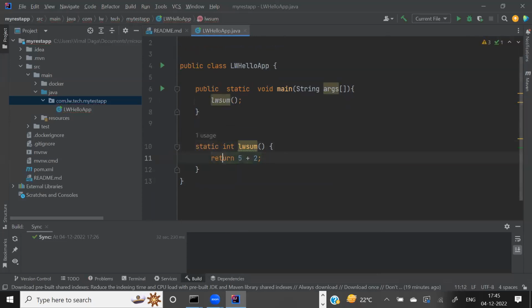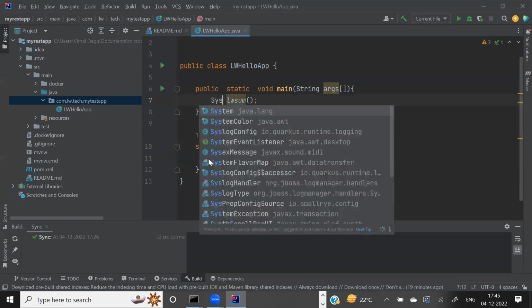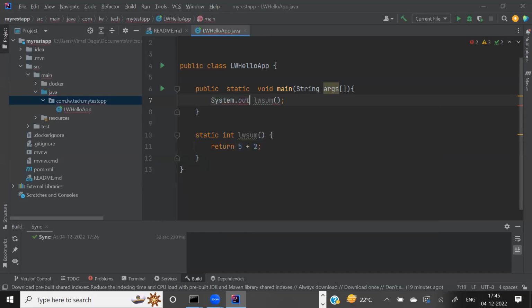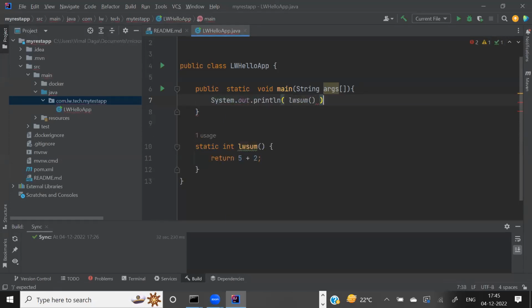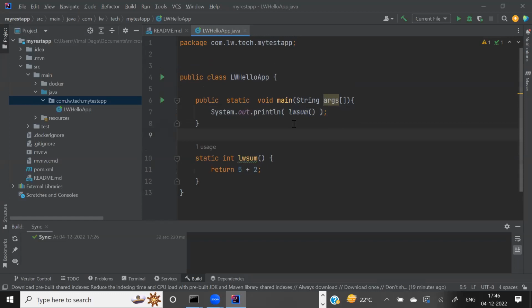Okay, so this is a very basic code. Let's very quickly check whether it is working fine or not. I'm just quickly checking this to check my syntax and to give you the context, actually. Of course, I'm going to print the output of this function. So the main function is going to call this function, and when the function gives the output, we are going to print it on the screen, on the same system screen.